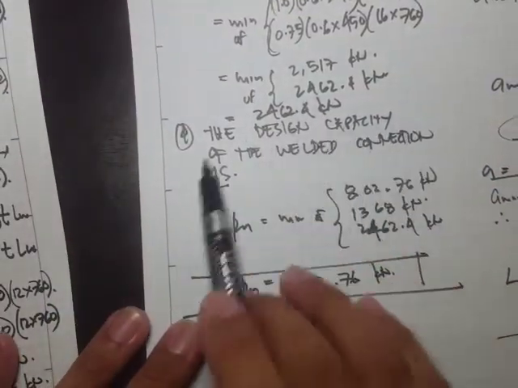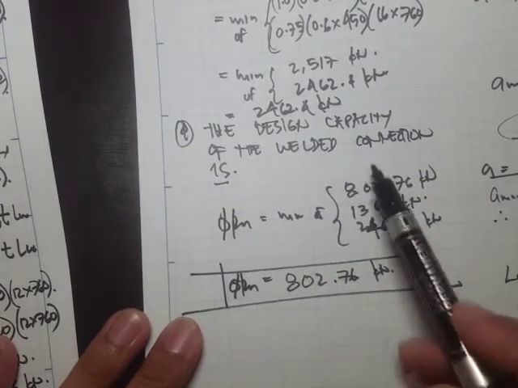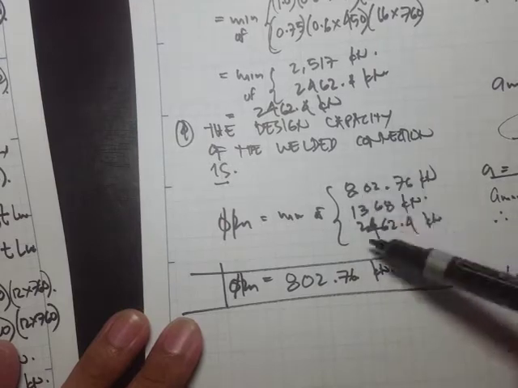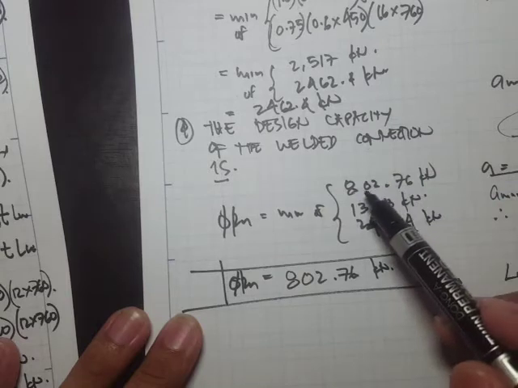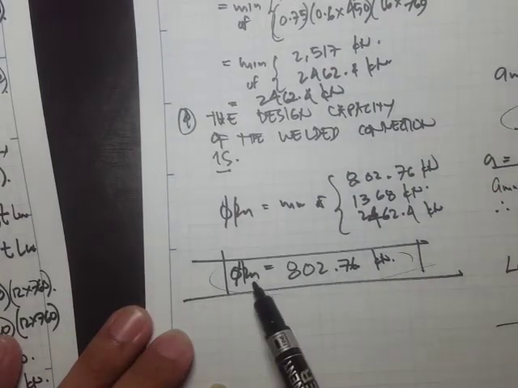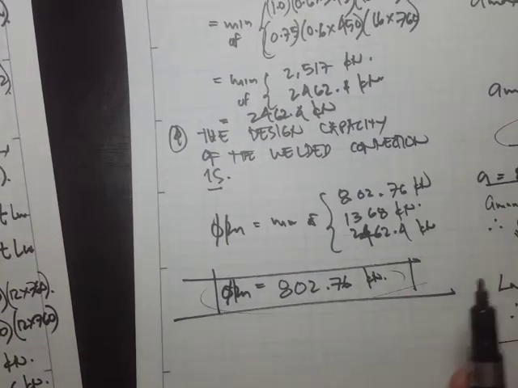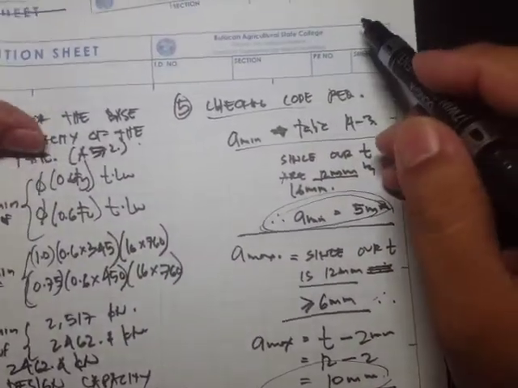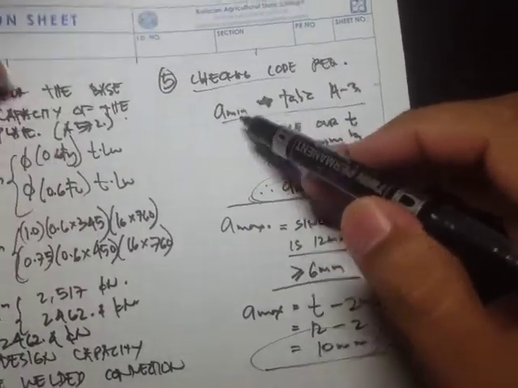Then after that, we calculated the design capacity, which is simply the minimum of the values produced from the three limit states, and we say that our design capacity is 802.76. Now, for the last part, we check the code requirements on the minimum weld size and then the maximum